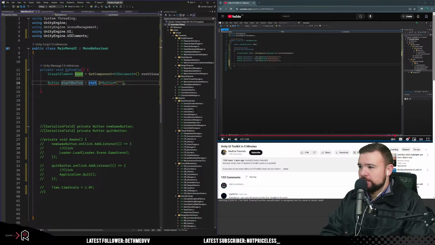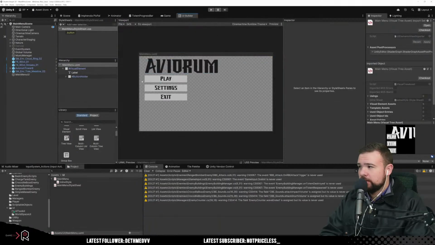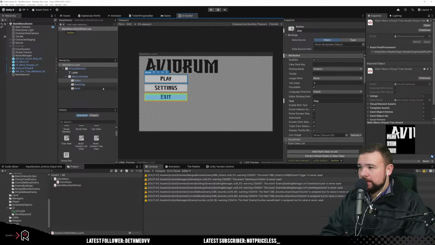Alright, and then I need to know what I named it inside of here. Okay, so it's not even a start button, it's a play button, right? But I named it play. So the text is play and the name is just play. So what if we did play button, for instance, instead? And this is the settings, just so it's maybe more clear. And this is the exit